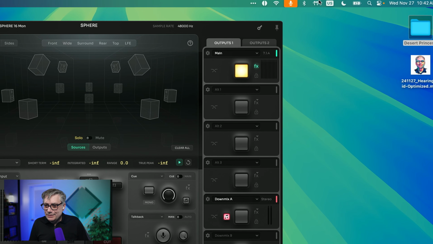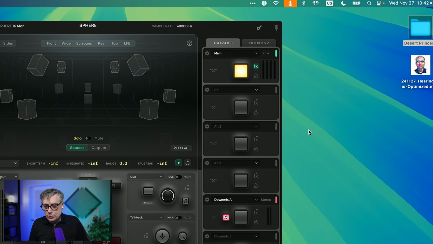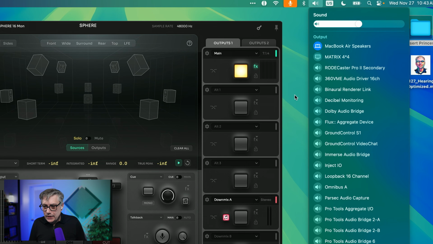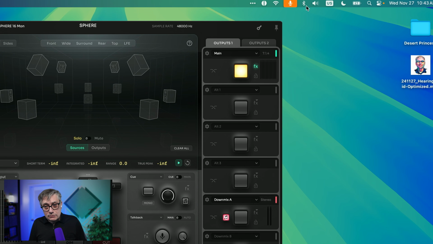Now, the one problem that I'm running into is that the Mac also connects directly to the AirPods, and Ginger Audio actually has that now integrated natively into Sphere. These two outputs actually conflict with each other. So in order for that to work correctly, you need to go to the output of your Mac and change that to some other output really. For whatever reason, it's going to conflict. It's actually going to glitch out quite substantially if you don't do that. But once you've converted that into a different output, then everything just works fine.